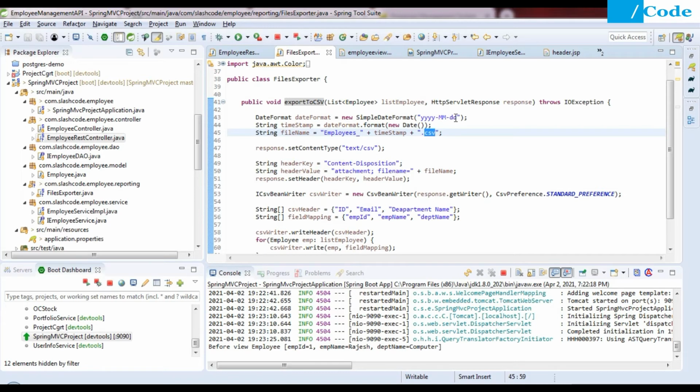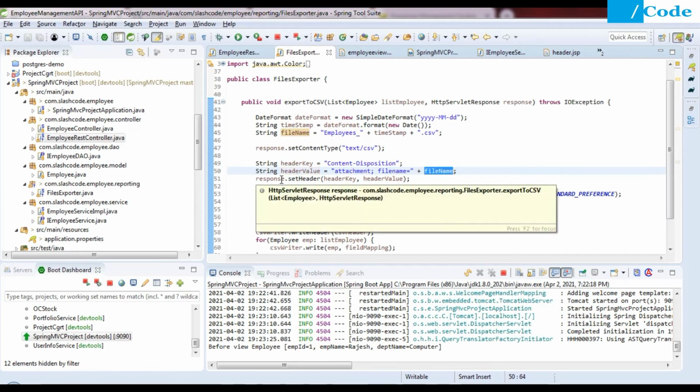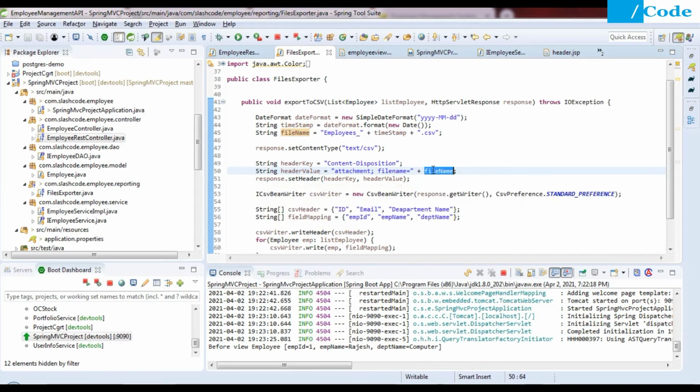You can also put the hour, minute, and second. After taking that timestamp, we need to set the content type as text slash CSV, header key as Content-Disposition, and header value as attachment semicolon file equals file name. The file name will be employee, then timestamp and dot CSV. And we are setting the header with the header key and header value here.